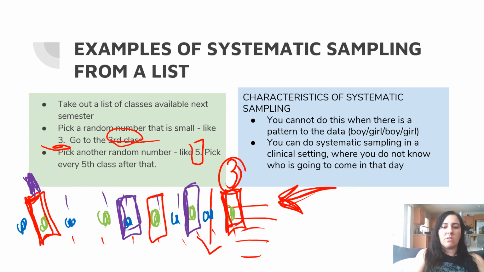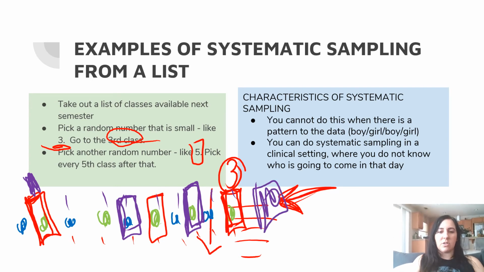This individual is chosen. And then 1, 2, 3, then the next individual will be chosen. So it looks like in some ways you could possibly get an even distribution or good representation using systematic sampling if you did have a pattern,